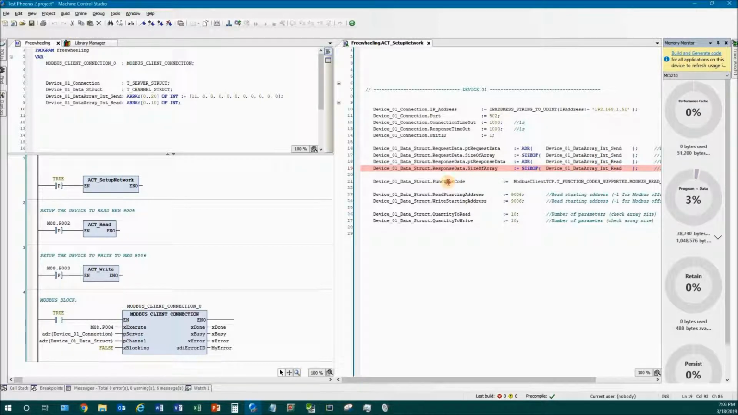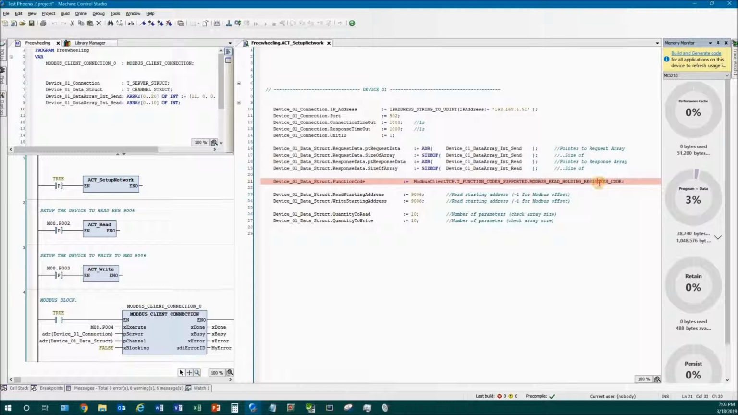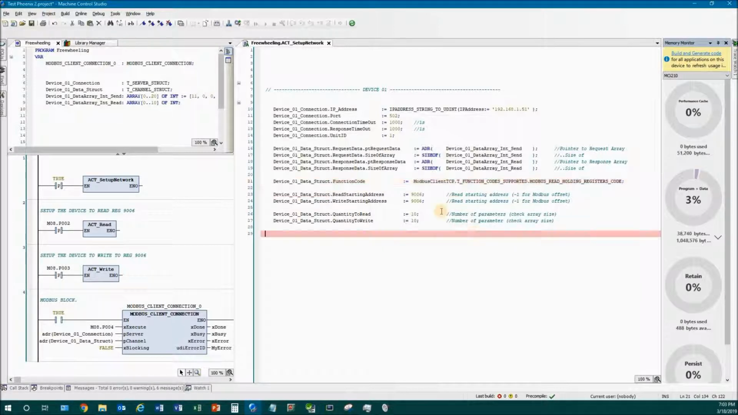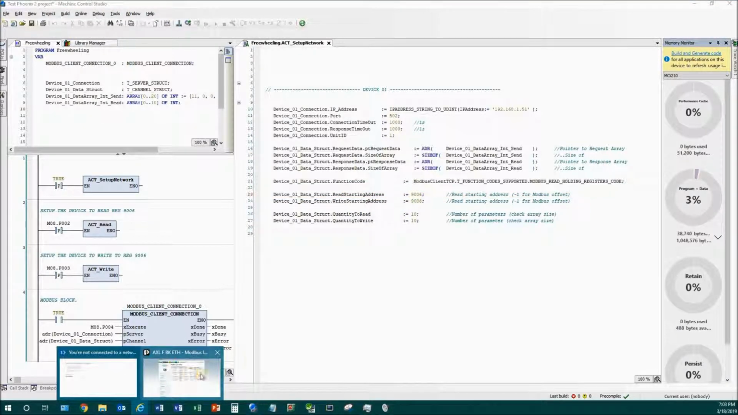Alright? Here's the function code. If I move this over, you can see there's function code read. There's a whole bunch of different function codes. These are all standard Modbus function codes. For right now, I'm just going to put it back to read holding register. The read starting address is the first address you want to start reading from. So see this 9006? That actually came from my Phoenix